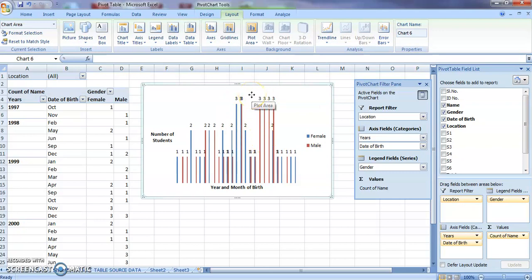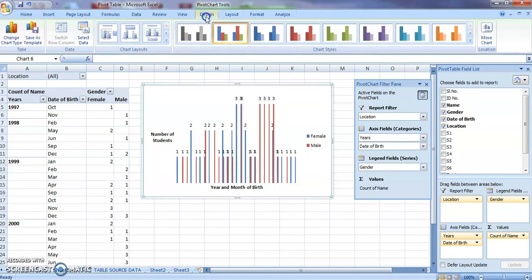Okay, now you can make any changes you prefer in the chart layout. Now these are the options through which you can make your chart look attractive. You can give labels, you can select the position where the legend should be, what should be the style of your chart. Everything can be done in a single click. Okay, so this is how a pivot chart always helps us to make presentations more effective.